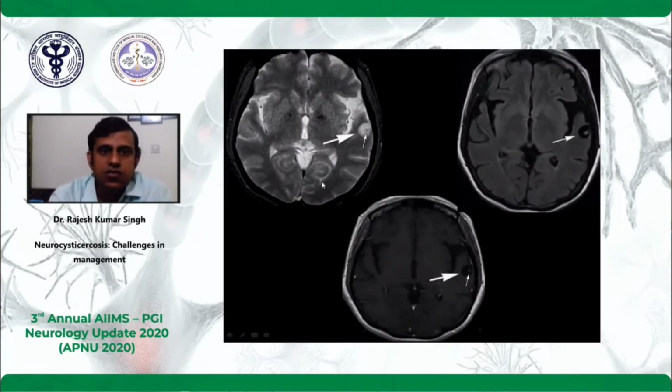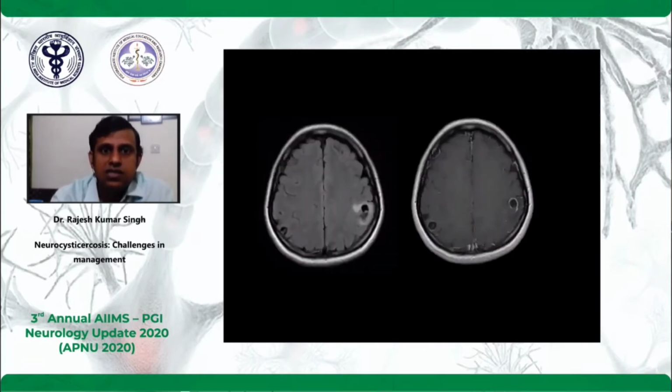So this is T2 MRI, this is T1, and this is FLAIR image. You can see there is hyperintensity on T2. We can see here the scolex. On the FLAIR, it is suppressed, and the scolex is best visible, and on T1 contrast, the cyst is isointense to CSF. And we can see there is no edema, there is no contrast enhancement on the T1 contrast. So this is the vesicular stage. As the cyst starts degenerating, we can see the edema, the enhancement, and this is the colloid vesicular stage.